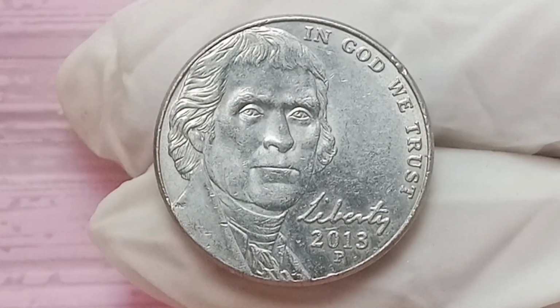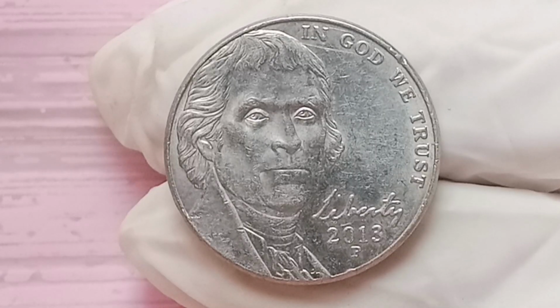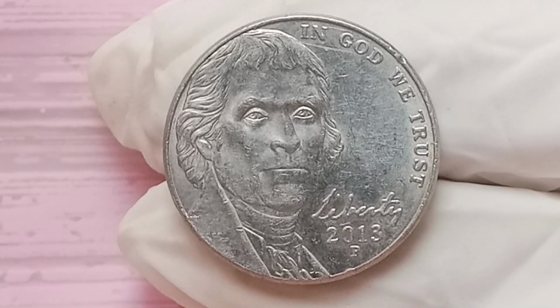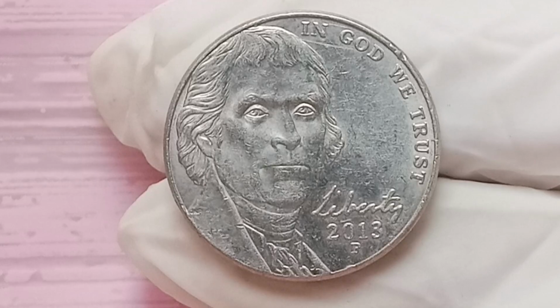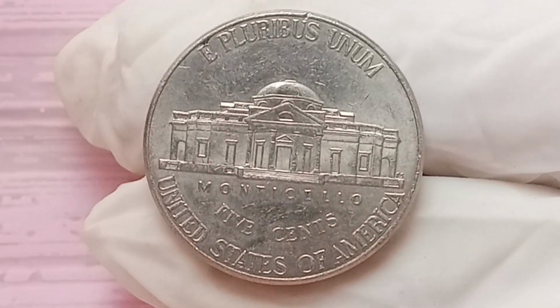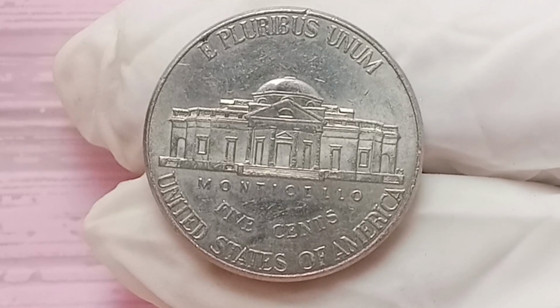And collectors absolutely love them because they're not just coins, they're stories, accidents frozen in time. In the case of the 2013 nickel, some of the most sought-after examples include coins with double die errors, where the image or lettering appears to have been stamped twice, slightly offset. Others have off-center strikes, where the design is shifted noticeably to one side, sometimes cutting off parts of Jefferson's face